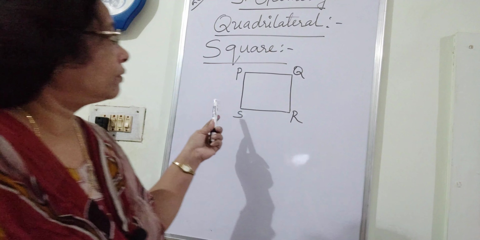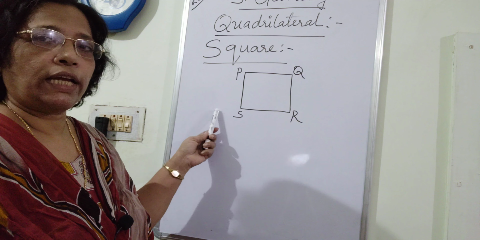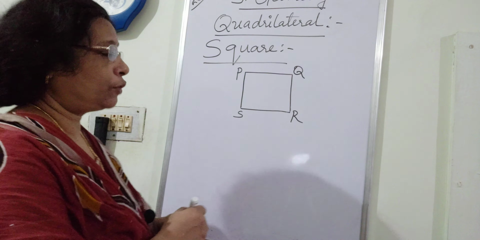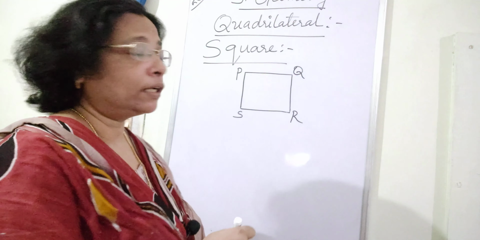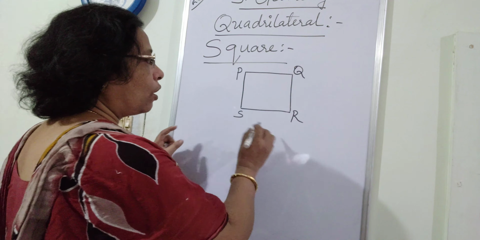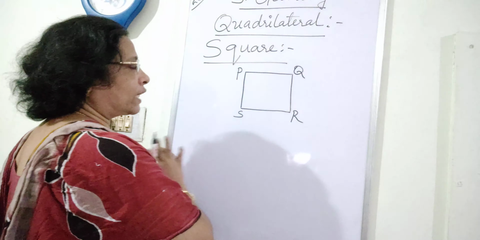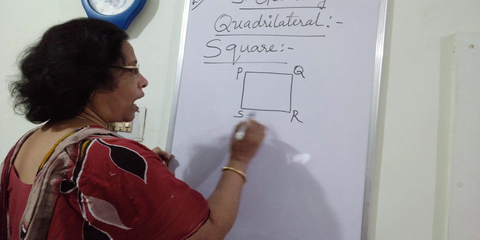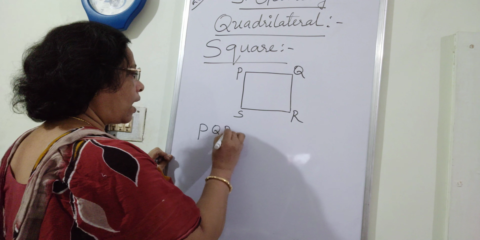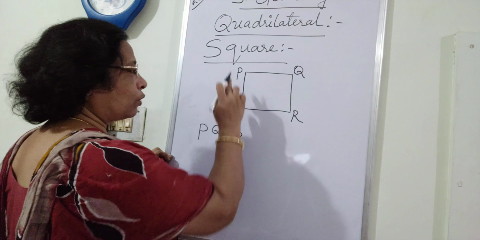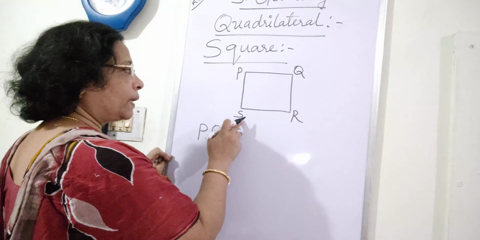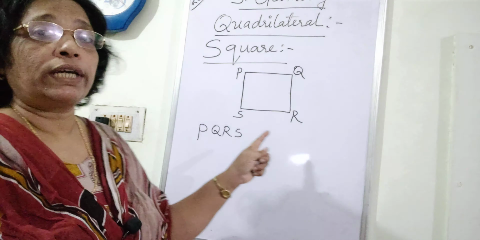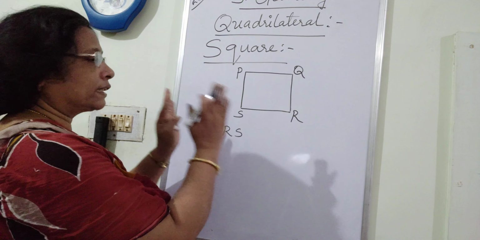Okay, now see this figure. What can you name this quadrilateral? This is also a quadrilateral. What type of quadrilateral is it? See, if you measure with the ruler, that means the scale, using the scale you have to measure the lengths of all the sides. What is the name of this quadrilateral? Who can say? How to name it? PQRS. Go in order. If you are writing P here, PQRS. Anyway, you can write, but it should go in order, not in disorder. Okay, PQRS is a quadrilateral.